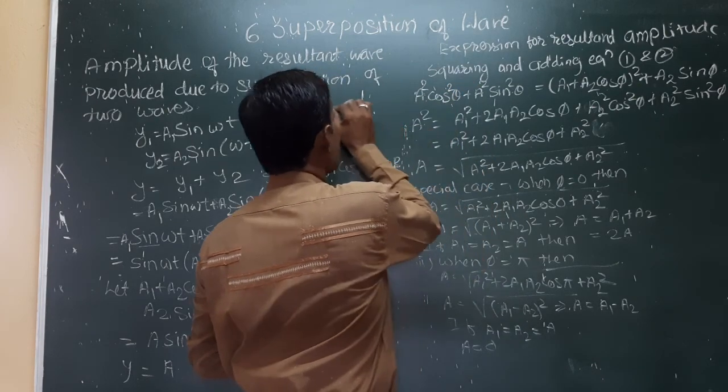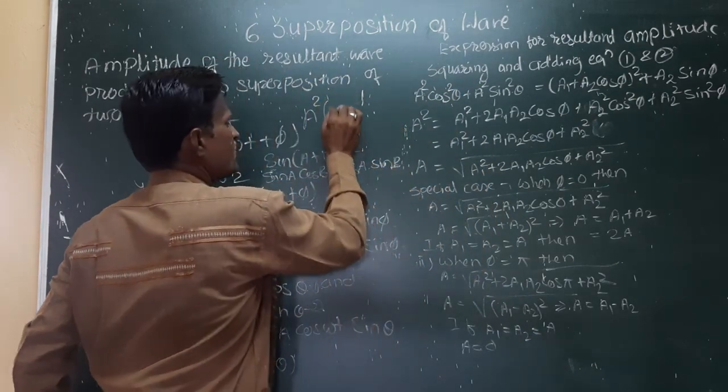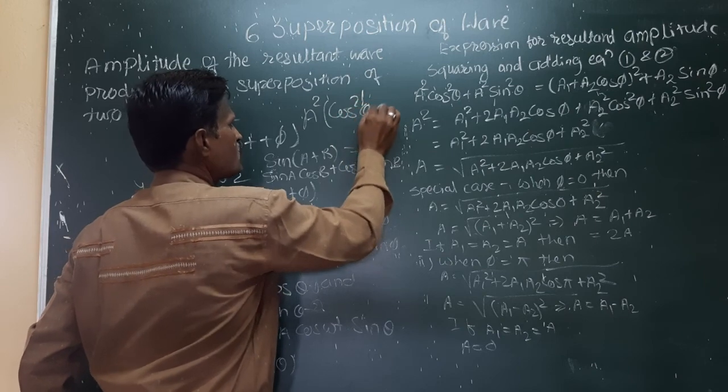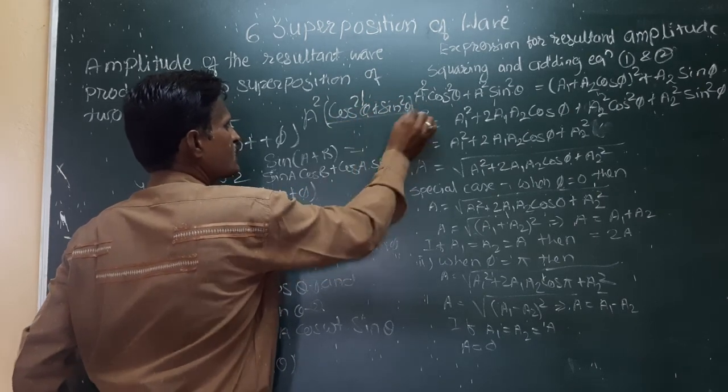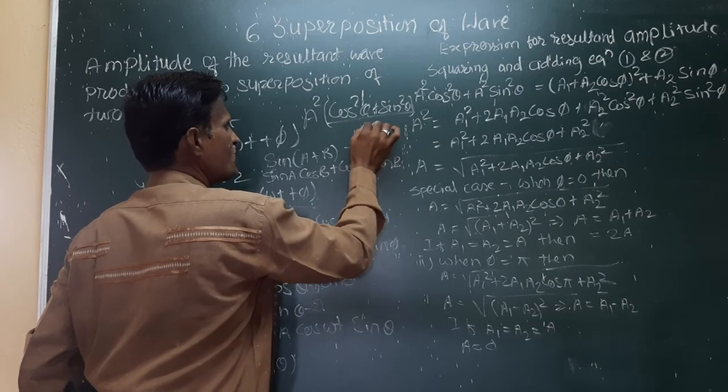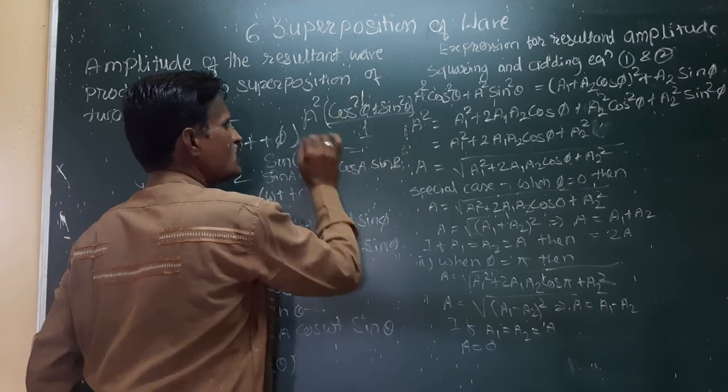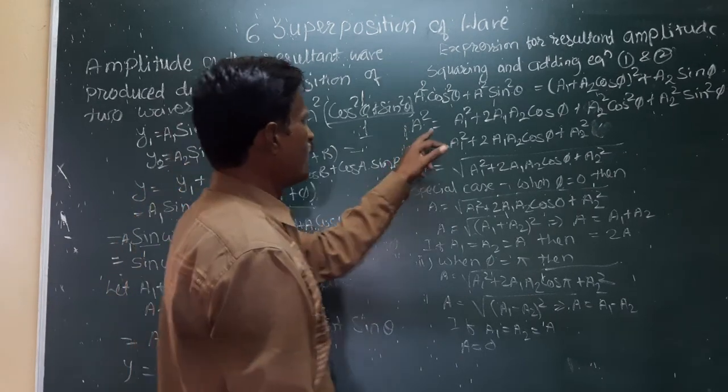Taking A square common, cos square theta plus sin square theta, but we know that sin square theta plus cos square theta is 1, so 1 into A square is equal to,